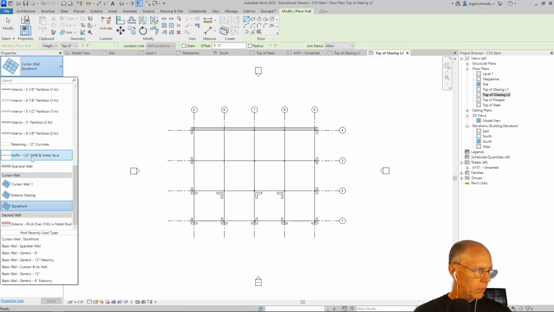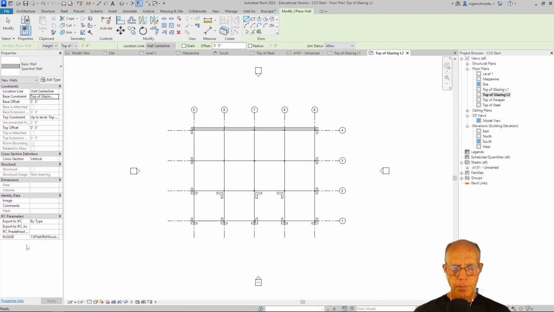And we're going to grab the spandrel, and if it's frequently used, it'll show up down at the bottom here. And now we're going from the top of glazing, and that's automatically selected L2 because we're there, up to the next level up, which is top of steel, but we actually want to be higher than that. We really want to come up to the top of the parapet, but I'm going to hold that back just a little bit. So I'm going to come down,